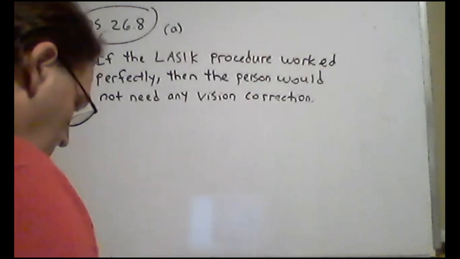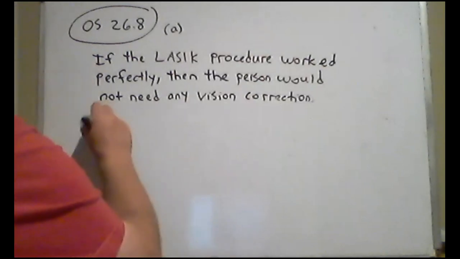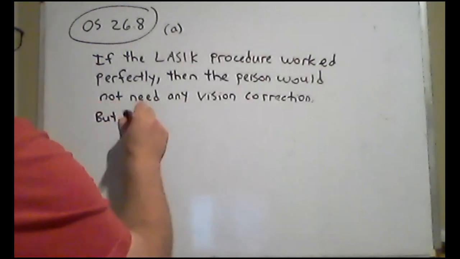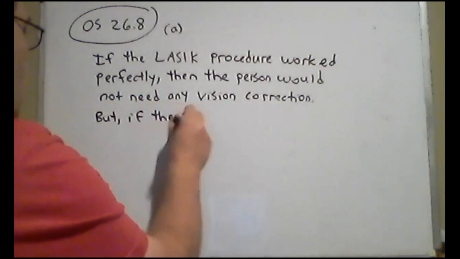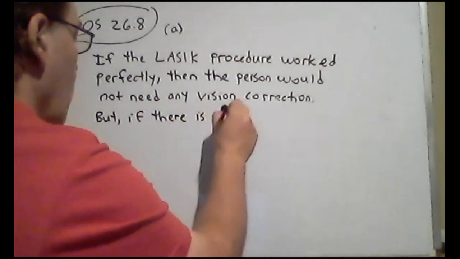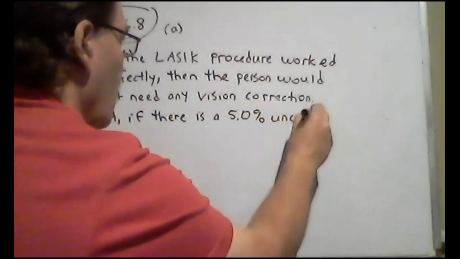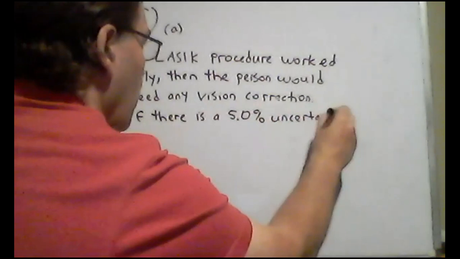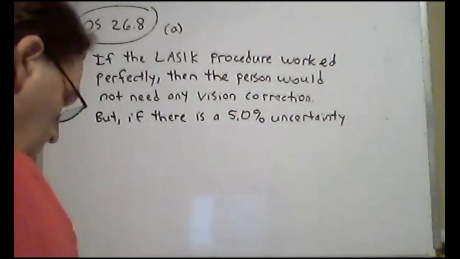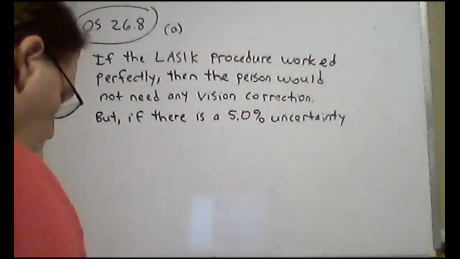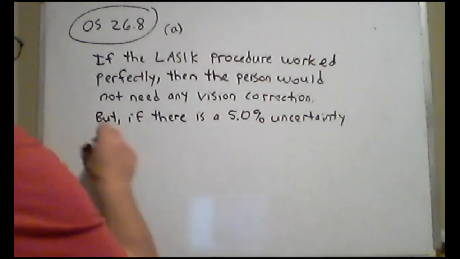But if there is a 5% uncertainty on the 9.00 diopter goal,